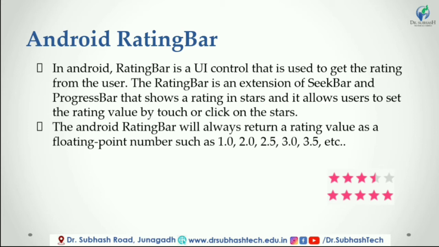In Android, by using android:numStars attribute, we can define the number of stars to display in rating bar. We can set 5 or 10 as per our requirement. An example of using rating bar is in movie site or product site to collect the user rating about the movie or product, etc. In Android, by using android.widget.RatingBar component, we can display the rating bar with star icon.